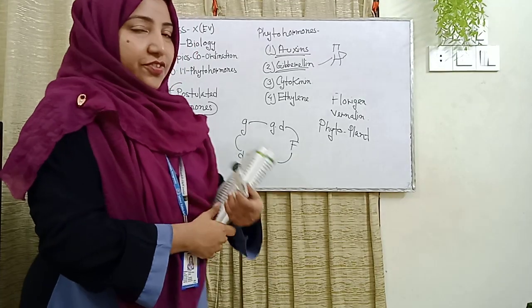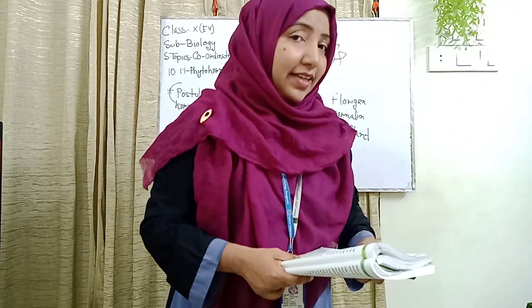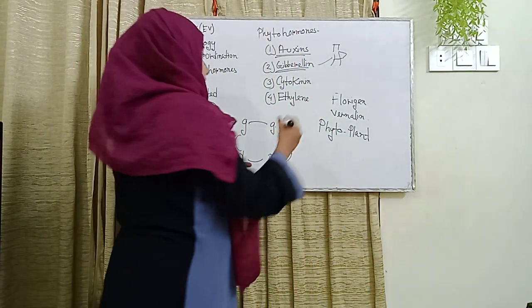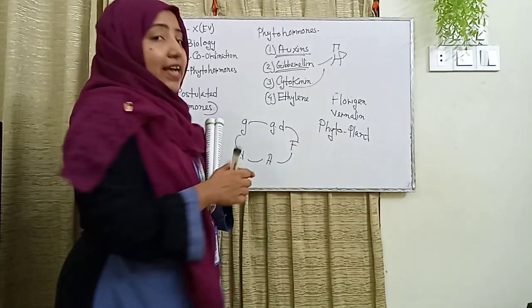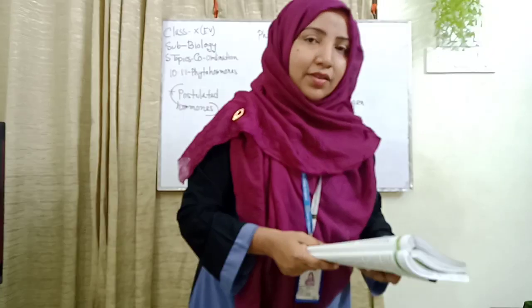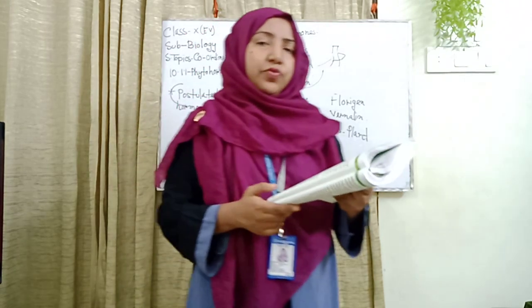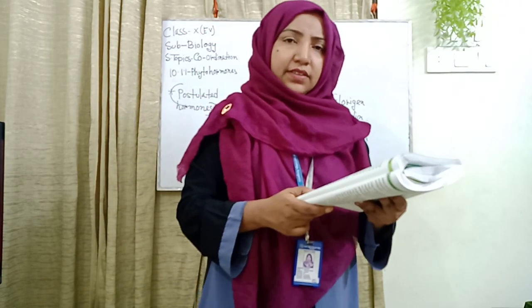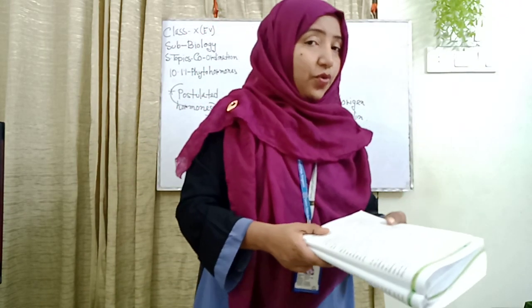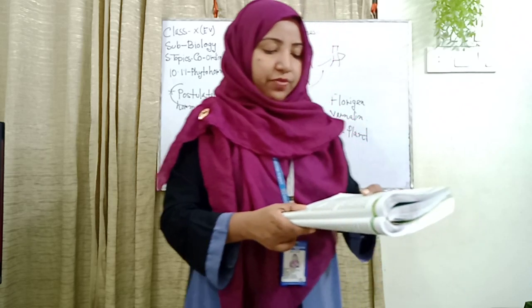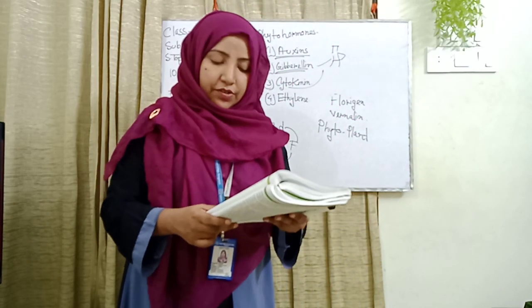Then the next structure is the cytokinin. Which types of the cytokinin? I just explain about the cytokinin. Cytokinin is found in fruits, cereals and water of green coconuts. It is also found in the roots of some plants.